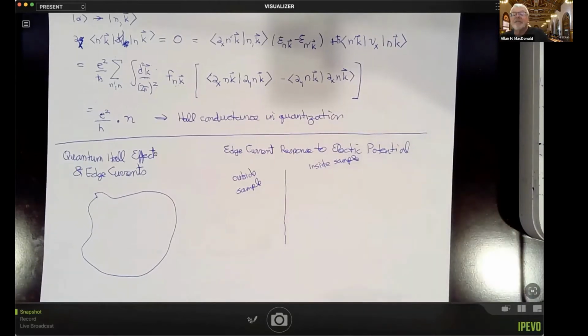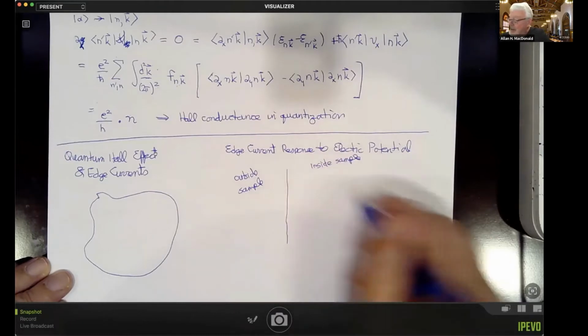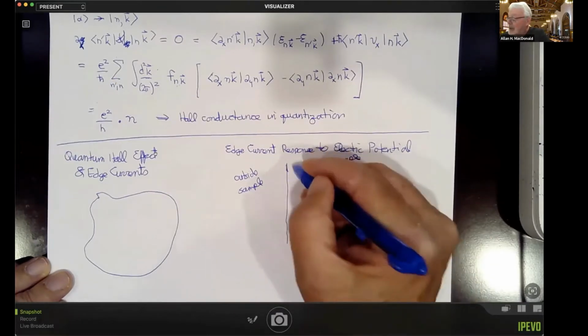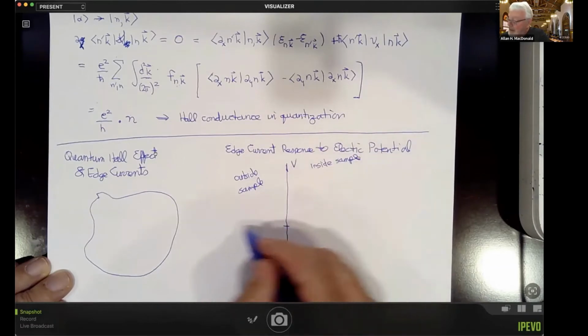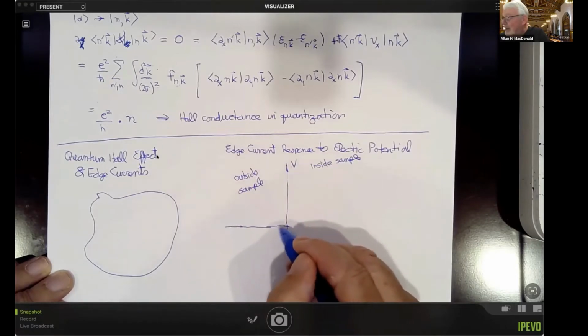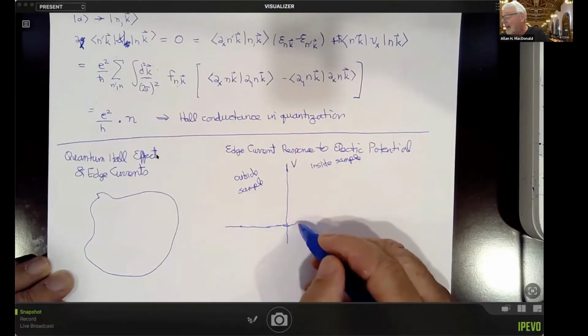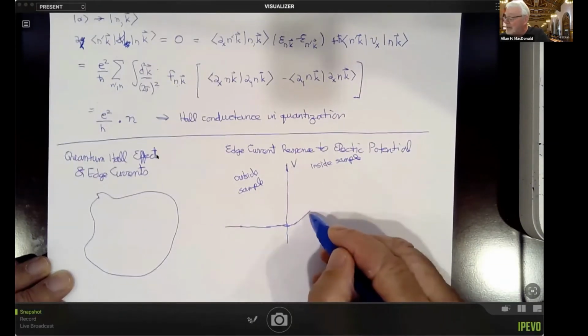I want to ask if the Hall conductance changes in response to a uniform, space-independent change in the electric potential in the interior of the sample. And so I can do that by making a plot. Let's say this is X in this direction, and this is the sample edge. And I'm going to plot some potential and choose it to be 0 outside the sample. And so I'm going to turn it on inside the sample by somewhere, far enough from the edge, smoothly turning on some potential V.